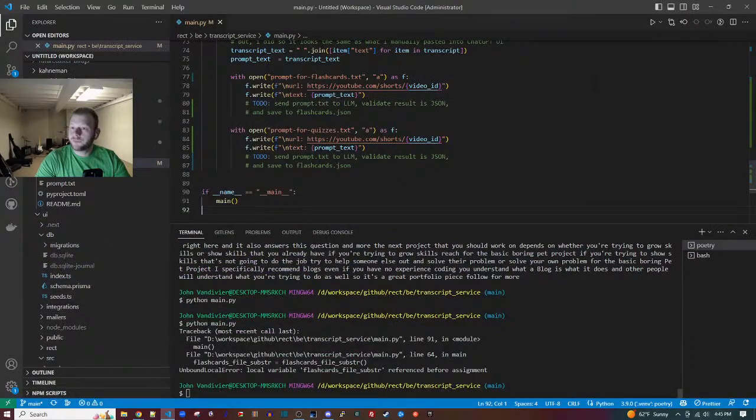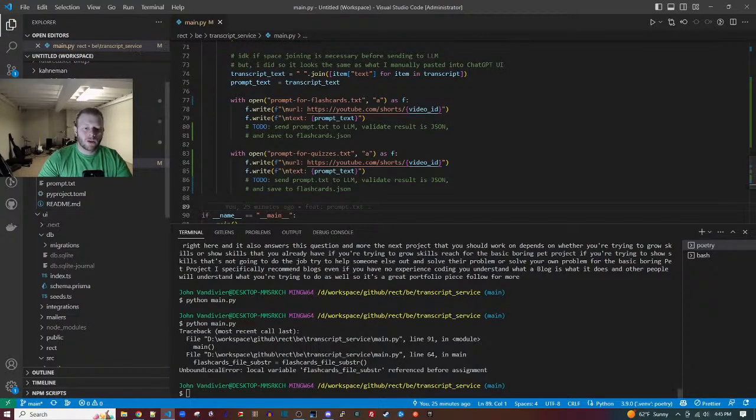Cool. So yeah, we'll try the OpenAI API. So what did we want to do right here?